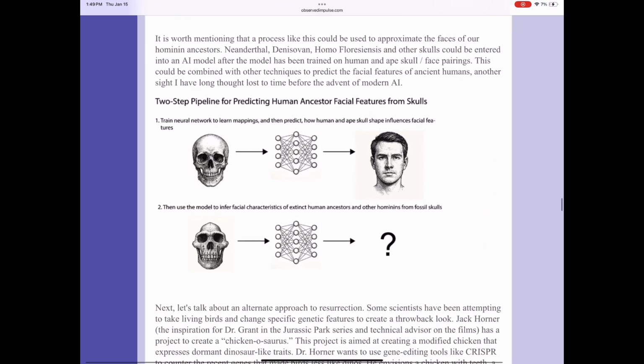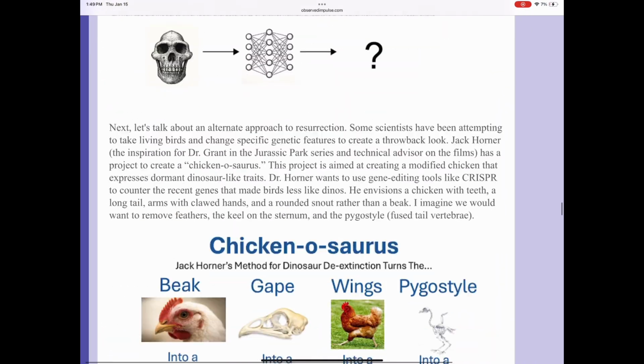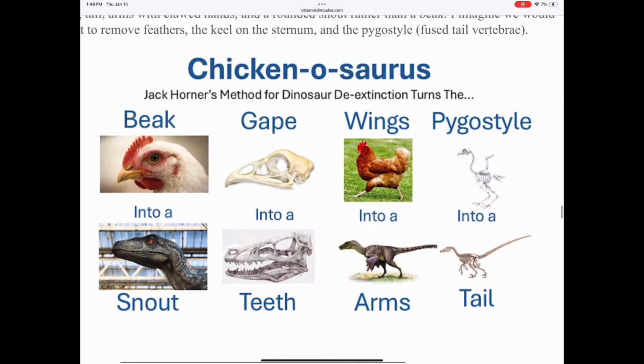Here's Jack Horner's method, and of course this is very different from the method that I am espousing here. Basically, he wants to take an existing bird, like a chicken, and he wants to find out how some of its earlier dinosaur features have been inhibited genetically and basically disinhibit. He thinks that a lot of dinosaur traits, or the genes that code for certain dinosaur traits, do still exist inside of birds, but they've been masked